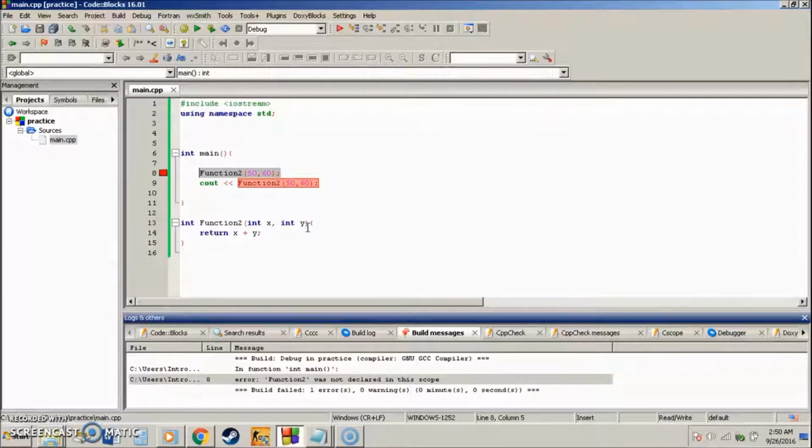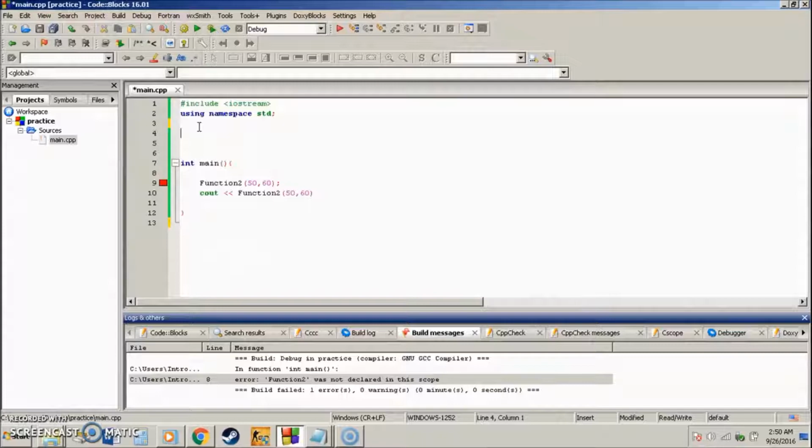We have to create these things called prototypes, which are basically representations of what that function is, so that our computer knows that we want that function to be used anywhere within our program without having to write it on top of our main. So as you can see, if I run this, we get a fail because it doesn't know what function 2 is, because function 2 is below main and has not been declared. When we run it up top,